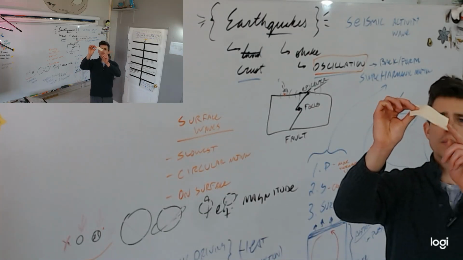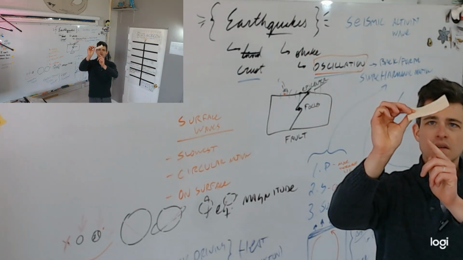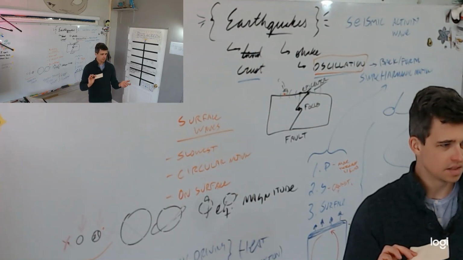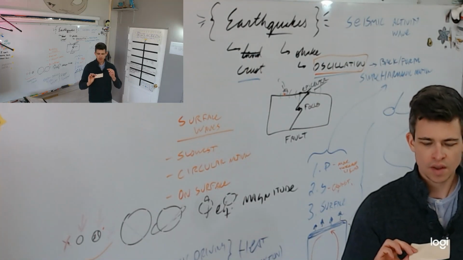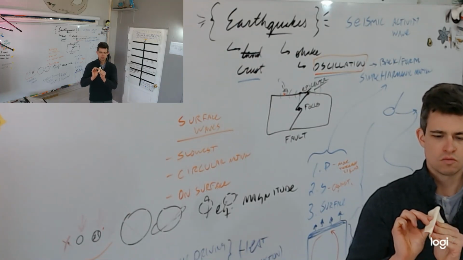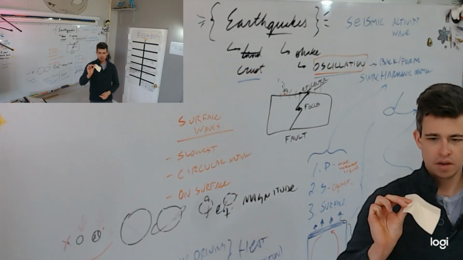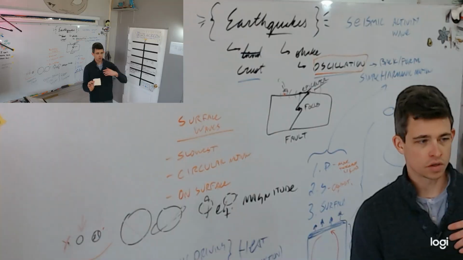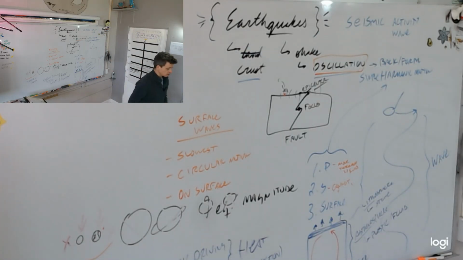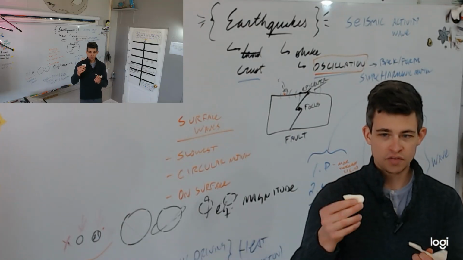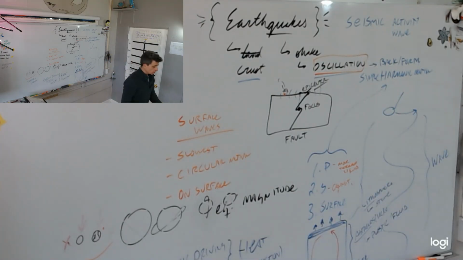So if I put a little bit of stress on it, look, it's elastic. Is this showing up at all? Probably. I mean, it's paper. If you can't see this demonstration, get your own paper and try it for yourself. But if I put enough force on it, there we go. Now it's plastic deformation. It'll stay this way. Does that kind of make sense? So elastic, it'll return to its original shape. Plastic, it will stay in that shape. And then at some point, there's a failure. If I put enough force on it, the material fails. And that's the point at which in Earth materials, that's where there's an earthquake.